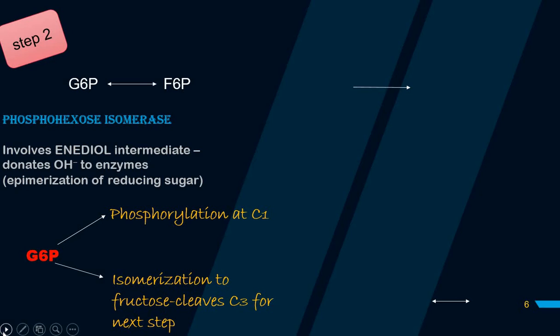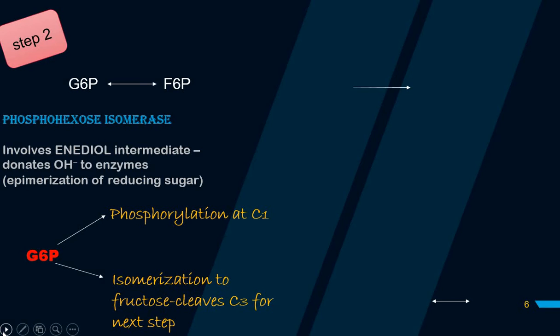Going to the next step, conversion of glucose 6-phosphate to fructose 6-phosphate. Idile therinjirum it is an isomerization reaction because glucose 6-phosphate la fructose, the compound is getting changed without changing the functional group, and this step is being guarded by phosphohexose isomerase. The reaction involves an enediol intermediate.